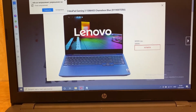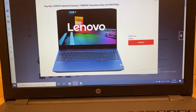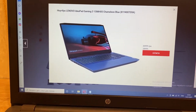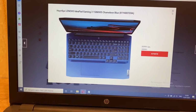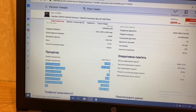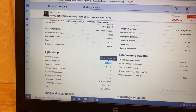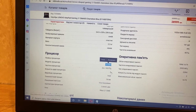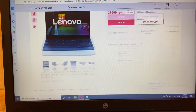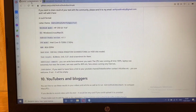Hi everyone, in this test we are going to make a review of Lenovo Ideapad Gaming 3. This laptop has a Core i7 processor, 10750H, 2.6 and 5 GHz, 6 cores, with 8 GB of RAM. So I made this review